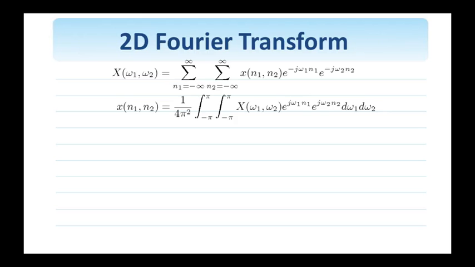We show here the two-dimensional Fourier transform pair. This is here the expression for the forward transform that will take an image from the spatial domain and map it to the frequency domain, where omega 1, omega 2 are continuous variables. So X of omega 1, omega 2 is the two-dimensional Fourier transform, or the spectrum, of the image x of n1 and n2. This is the expression of the inverse Fourier transform that will take us from the frequency domain back